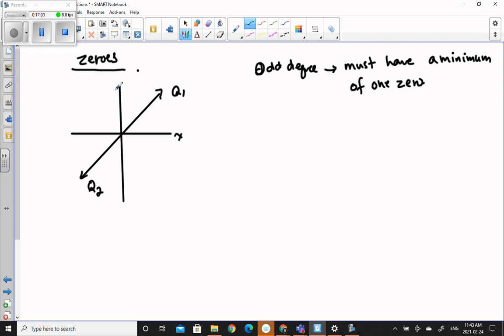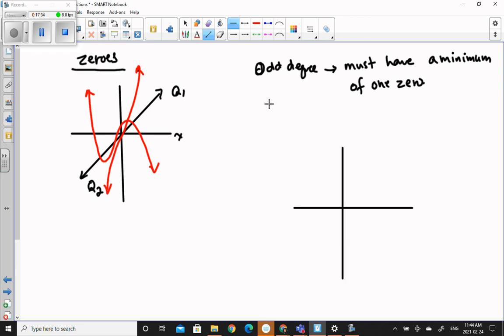If you have a cubic function, again, it's crossing at one point here, so 1 zero. Or you could have a cubic function like this, right? And it has 1, 2, 3 zeros. So at minimum, it has to have at least 1 zero. Then here in this case, it has 3 zeros, so it's at least 1. Whereas for an